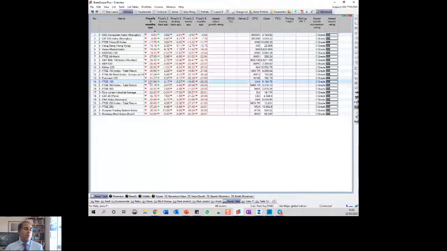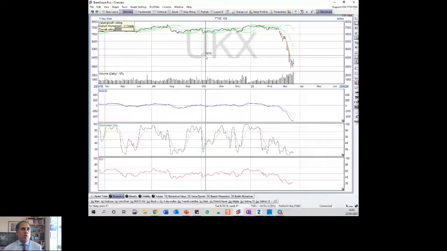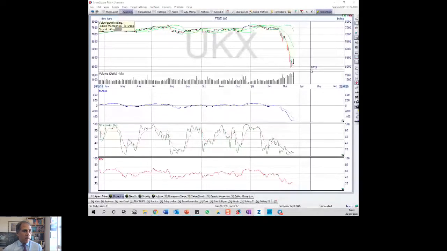Obviously, when something's down 31%, were it to return back to its initial stage, then imagine something's gone from 100 and it's now down 30%. It doesn't mean it's going to recover 30%. It means it's going to go up over 40% to give you your returns back. Okay, so when I look at the Footsie, some of the big questions at the moment people have are, well, have we reached rock bottom? Where are we at the moment with this? I'm going to give an overview of where I think we are on this.